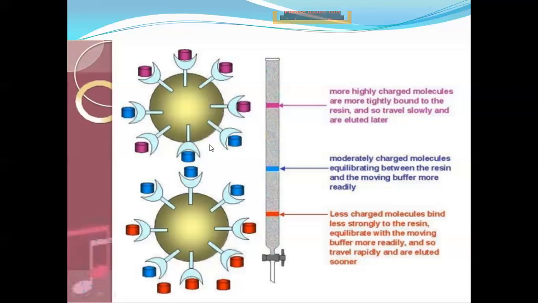Thereby, these have different affinities towards the stationary phase. The tightly bound ions will remain almost at the top of the resin, the moderately bound ones will percolate or travel some distance, and the loosely bound ones will travel more distance. When we introduce the elution mobile phase, first we collect this one, after some time we collect this one, and lastly we collect this one. Okay, so this is the working principle of ion exchange chromatography.